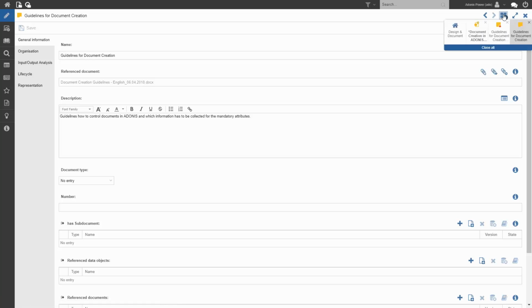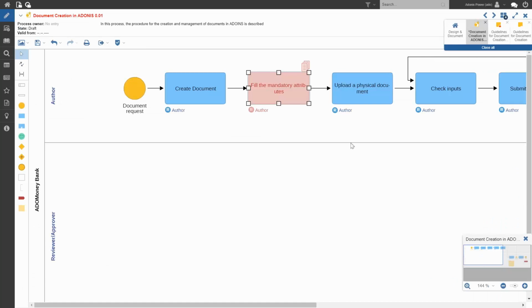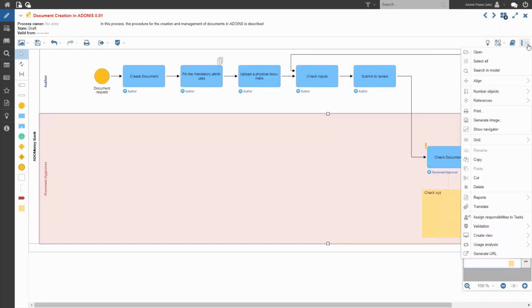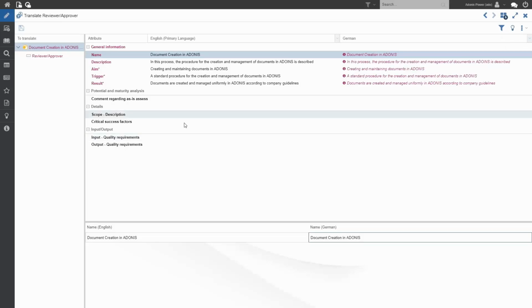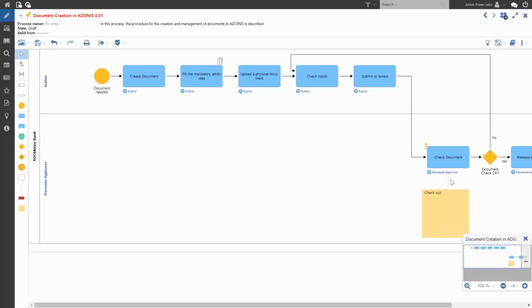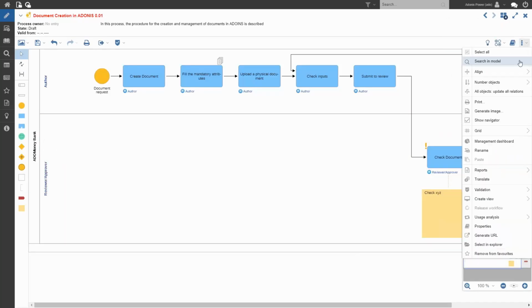So let's just take a look. Go back to our model for a second, and now we can see how we could go about translating the full content of our model. So again, it's here in the context menu. We just click on the translate button here, and again we see all of our attribute information. Oh sorry, I think just go back to our model again. Sorry, I'd selected a lane, so it didn't show everything contained in the model.